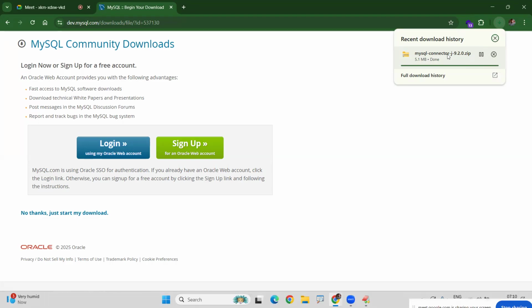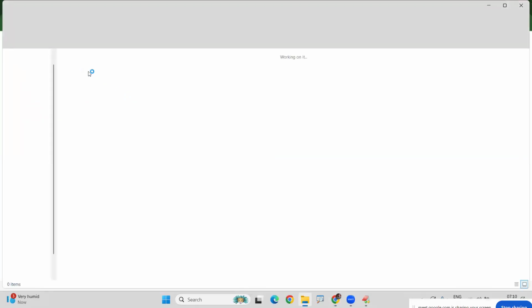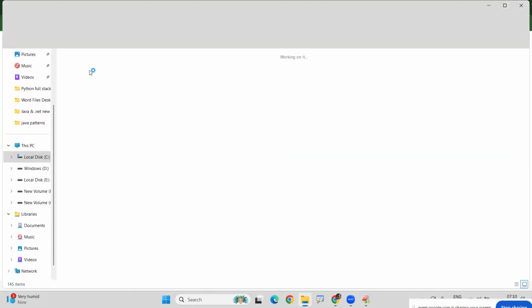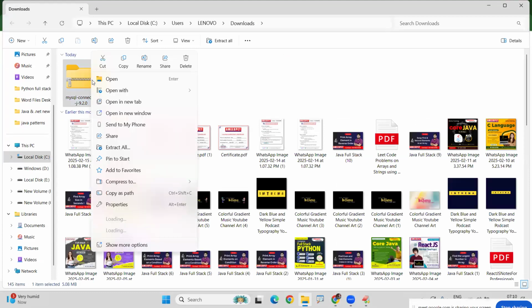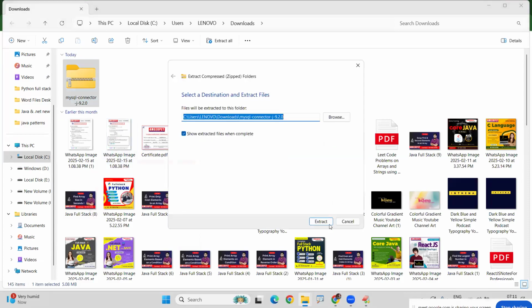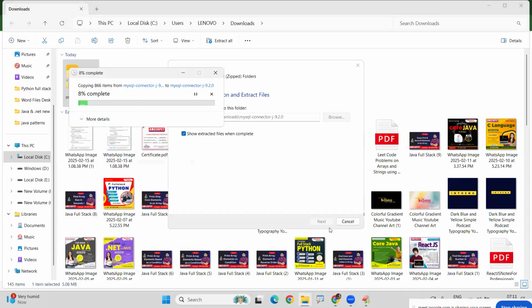So first of all, what is that jar file? Once it is downloaded, we need to extract it. Just extracting like this. Extract all. In the same place I'm extracting. Once we extract that,